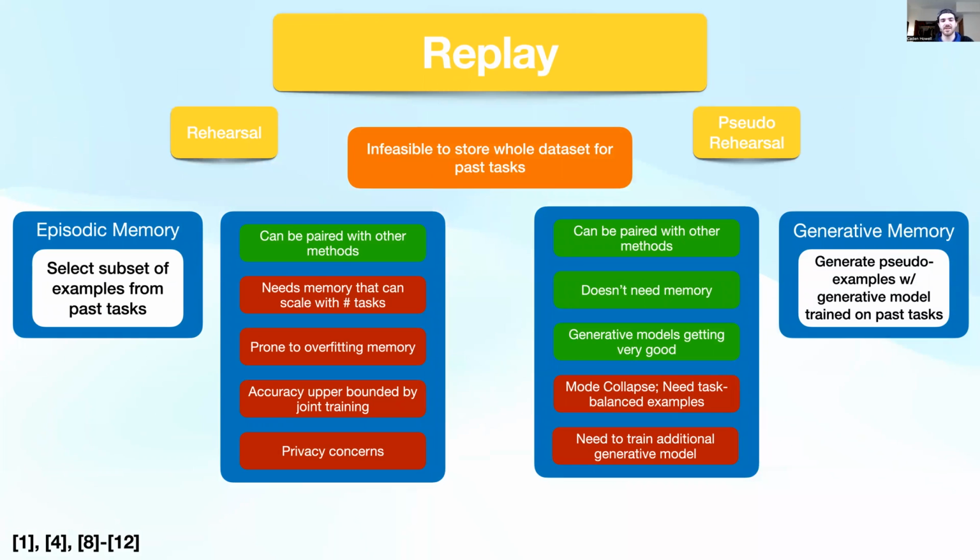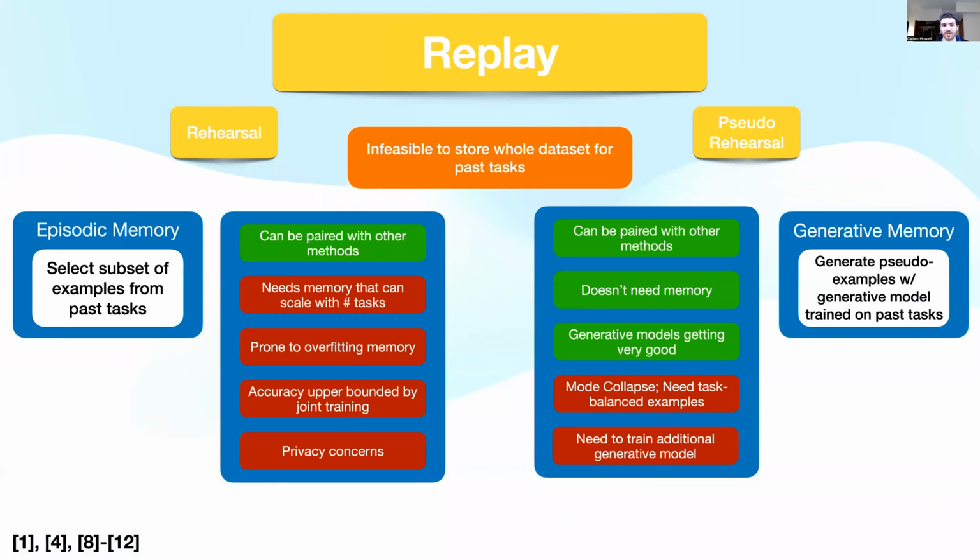The idea is that you can't store your entire past data set. That would be impractical and violate privacy, and it's just not something you want to do. So instead, you can select a subset of the examples to store. The subset would be jointly trained with your new examples, and then hopefully the representation not only is strong for your new distribution, but contains elements of your old distribution.